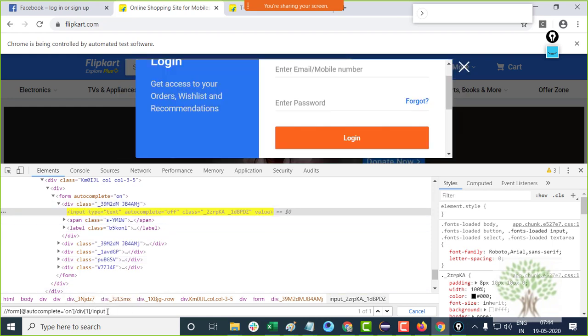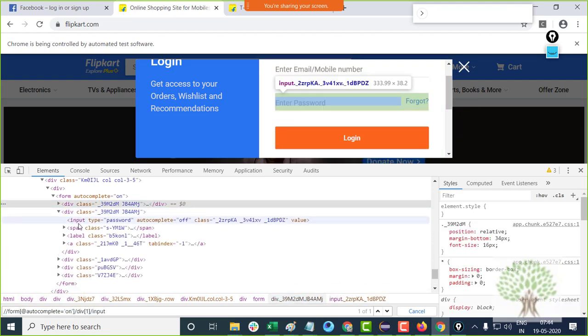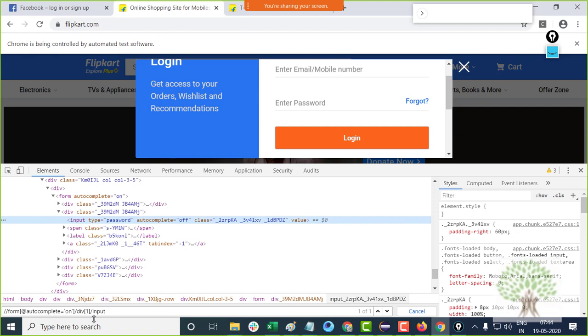And if I wanted to go inside the password field, then I would have to go inside the second division, div 2. I hope you are getting my point.